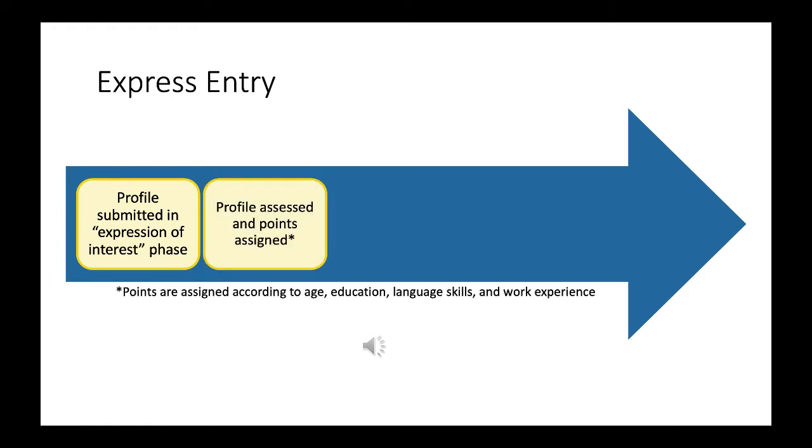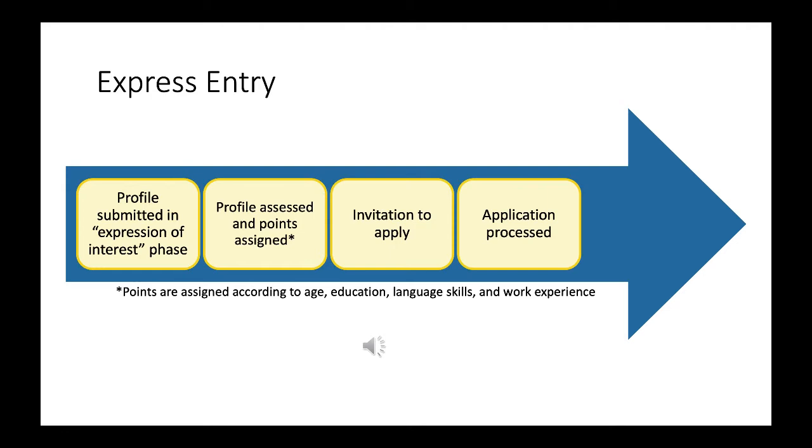The express entry system was implemented in 2015 with the intention of streamlining the immigration process. All applications under express entry are done electronically rather than on paper, which allow for greater speed of transmission and organization of applications. The comprehensive ranking system that the express entry system uses ranks candidates on characteristics such as age, level of education, official language proficiency, Canadian work experience, and arranged employment upon arrival in Canada.